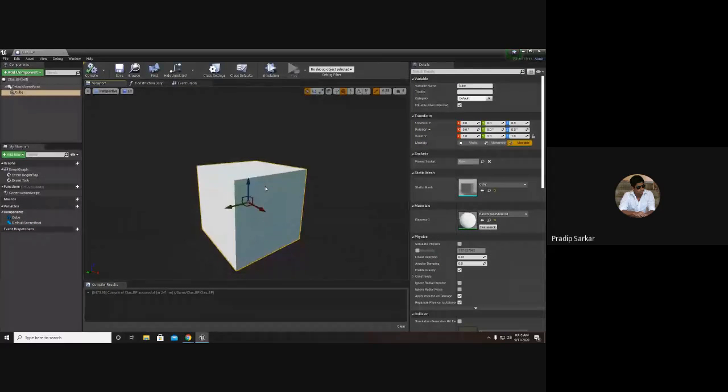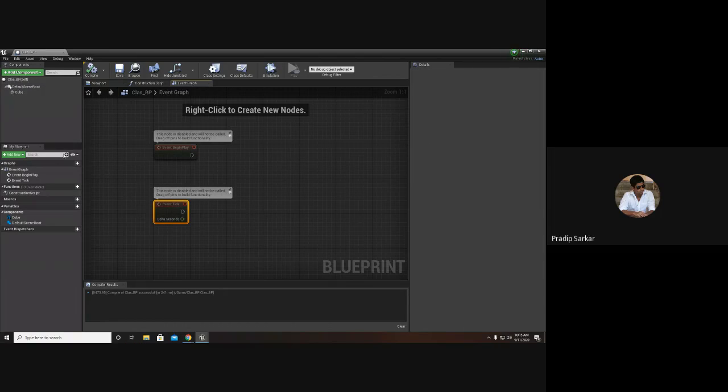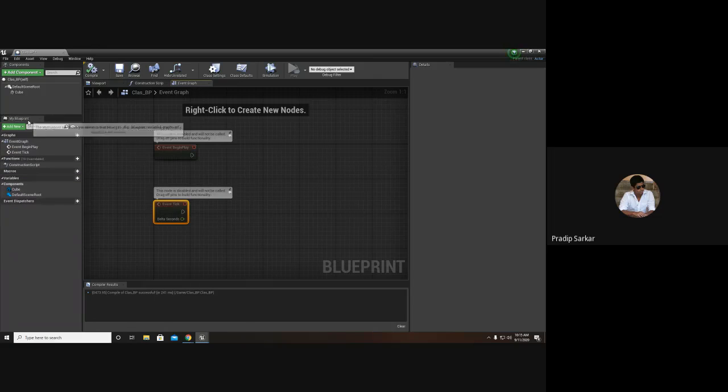So now we will perform some calculation according to this cube. In the event graph, now coming back to the blueprint, my blueprint section. In this my blueprint section, I have all the graphs, which are event begin play and event tick.